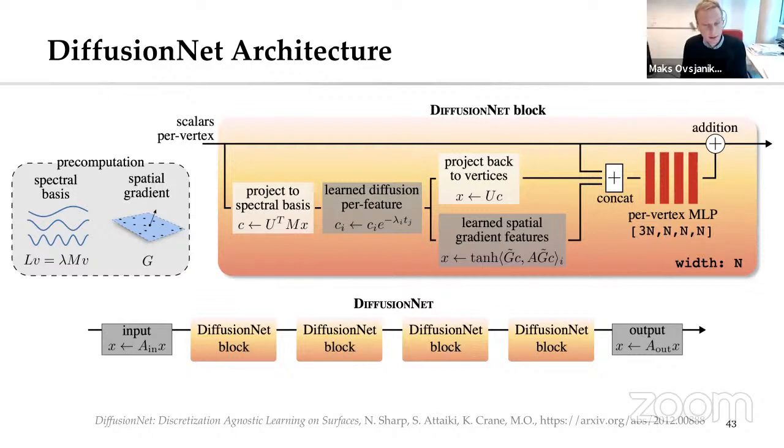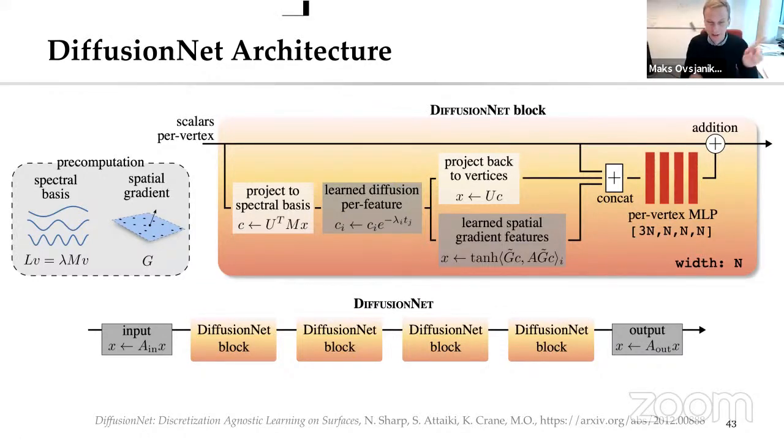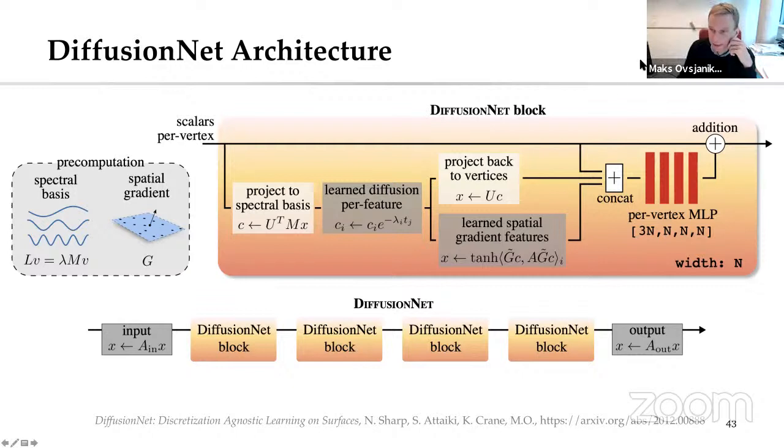I think it's a little bit subtle. You're right that it's not dependent on the data, but it's dependent on the feature channel. So we have a different diffusion time for different channels, and that allows you to have different specifications. I see. You are not mixing channels, right? So each channel is separate. Yes, but it's mixed afterwards. So this is a single block, and then we stack these blocks on top of each other, so eventually they get combined.